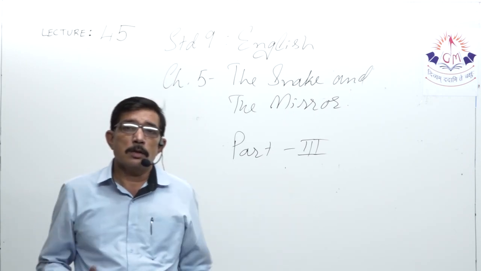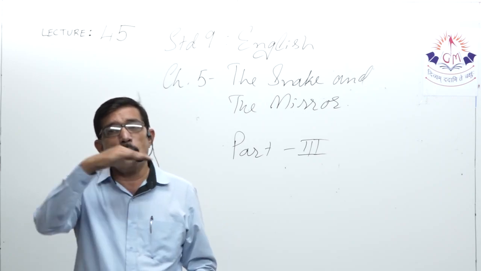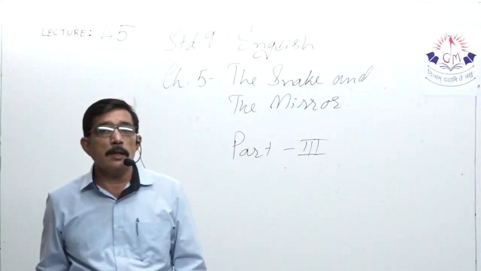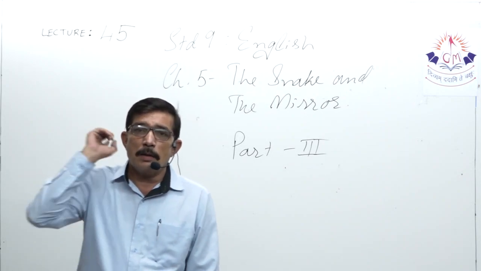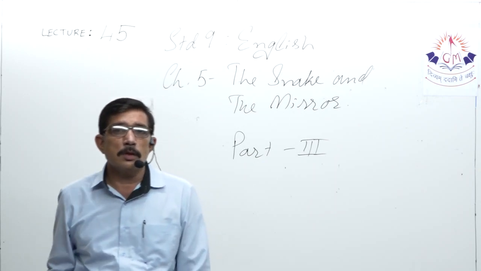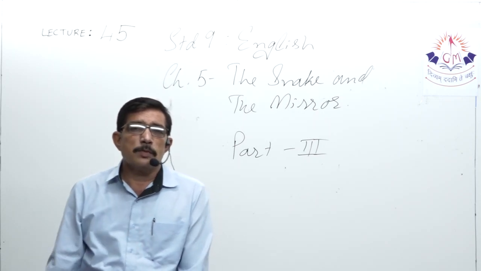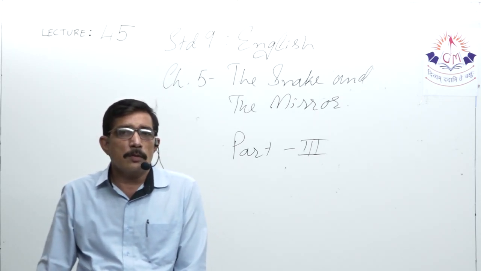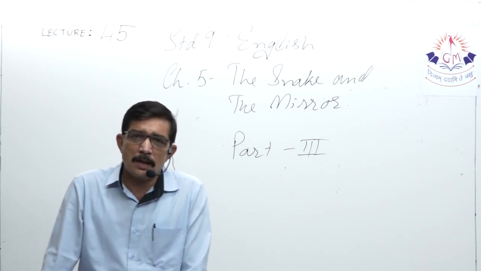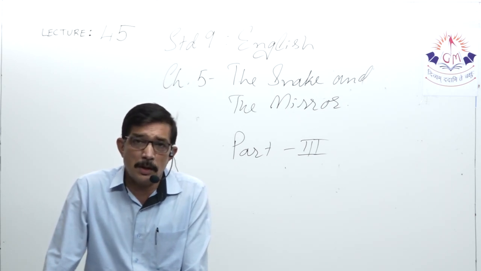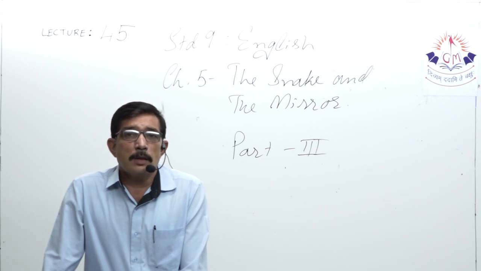The cubicle, a sort of small room, has a slanting roof, and there is no false ceiling, so you can see the roof directly, the beams of the roof straight away. And regularly the rats cross the beam to go to the other wall, and many times the rats lose balance and fall down. So it's quite regular for him. He hears lots of sounds, but he is not disturbed by that because it's a routine thing for him. So he sits over there, and while he's sitting in front of the mirror,